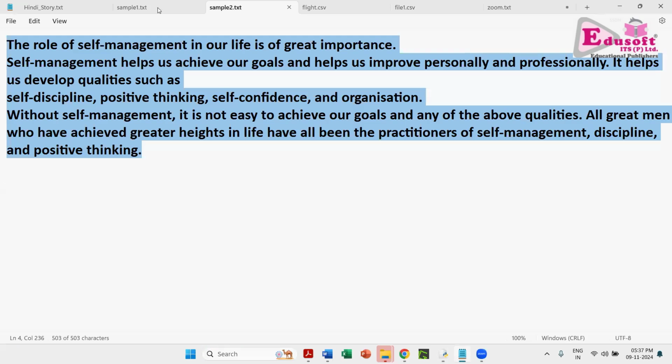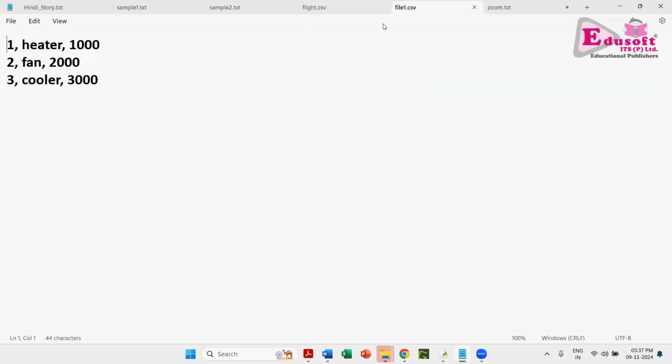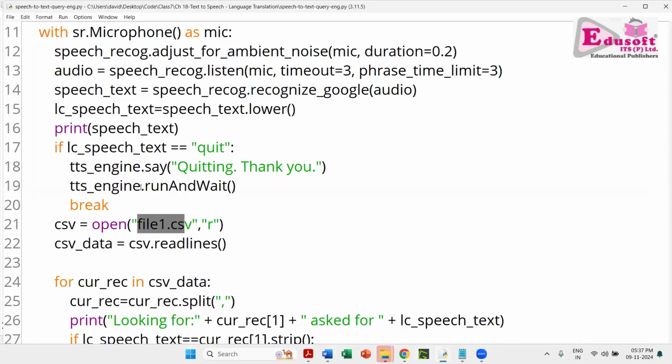I'll show you this file first of all. See, this file1.csv is a comma separated file. Item code 1, heater 1,000 rupees, 2 fan 2,000, 3 cooler 3,000. So it's a simple text file which I'm opening over here, and I'm using